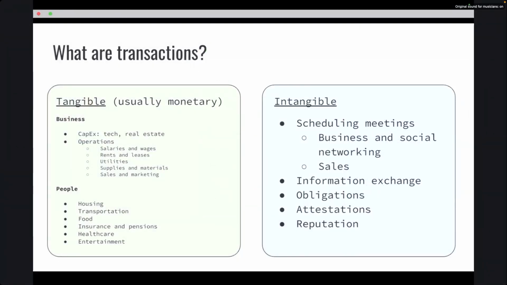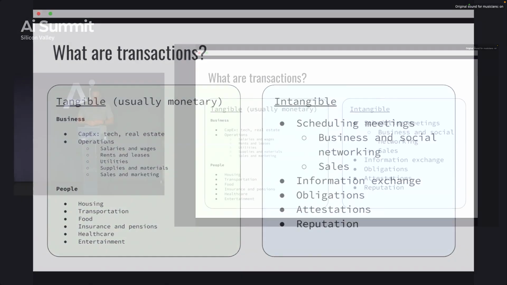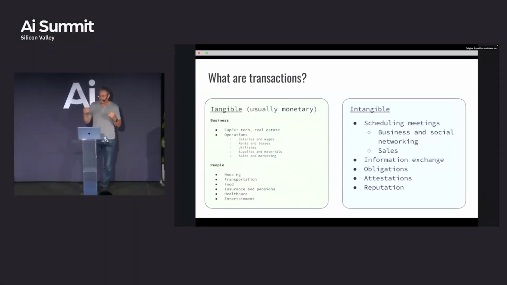Obligations are great. If I commit myself to something, and it's not me anymore, it's automations, my agent is committing myself to something, how do you know? Attestations are amazing, things like verifiable credentials, and then also things like reputation on the Agentic Web. How do I know your agent is legit? How do I know you as an individual are legit?